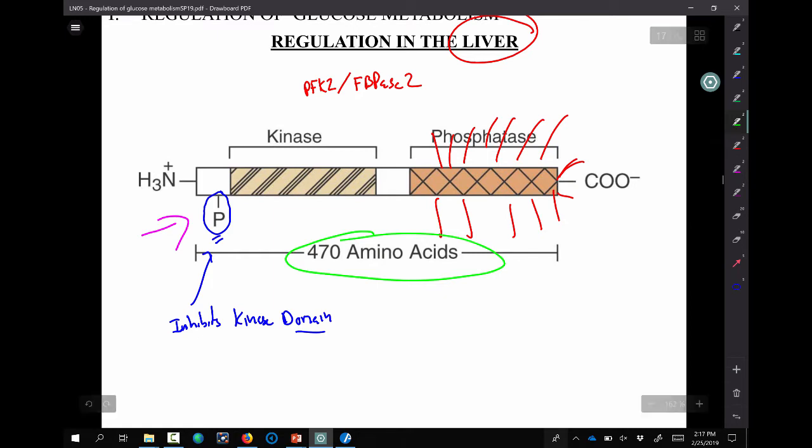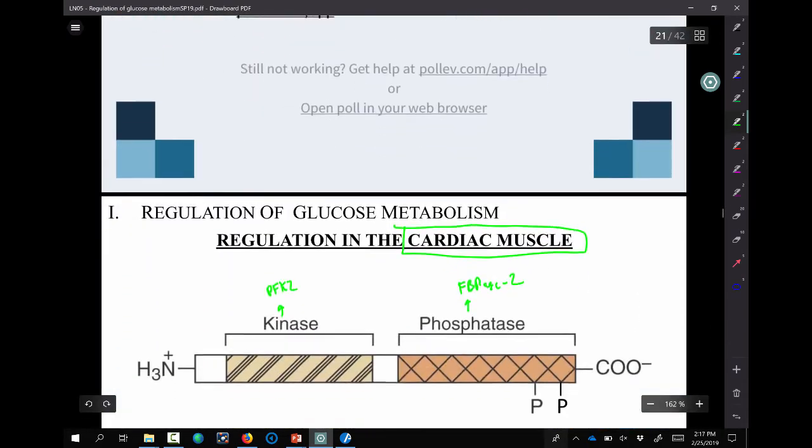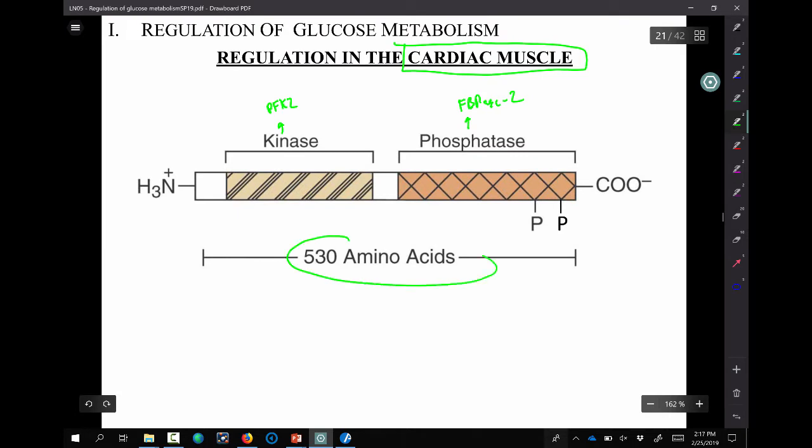And I started off today saying, oh, there's this phosphorylation site, serine 32, at the front end of this molecule. Well, come to cardiac muscle, and this is a 530 amino acid protein, and there are two phosphorylation sites, and they're both at the C-terminus. There's actually one in the kinase domain, though we don't really quite understand exactly what it does, so don't worry about that. But the phosphatase domain we've got pretty nailed down. I think these are serine, threonine, 466 and 475 or something like that. But C-terminal domain is what you need to remember. Now here's what's really fun. Those inhibit the phosphatase domain.